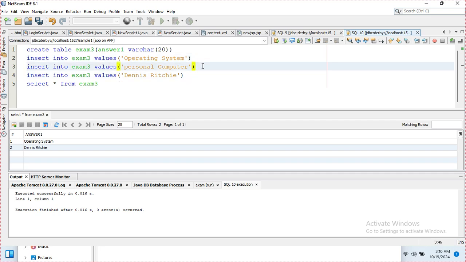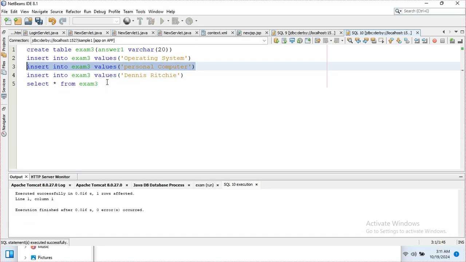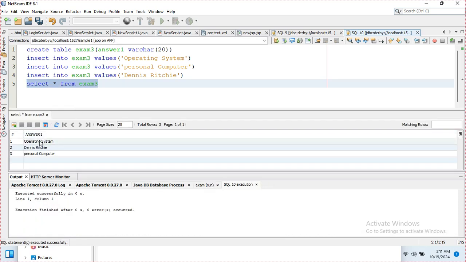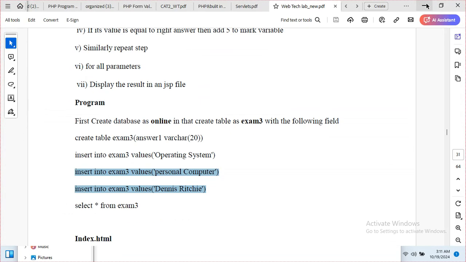So there is some problem. Okay. One selection, yeah. Now select star from. So now this table, okay, it contains three records. That is the three answers: operating system, Dennis Ritchie, and so when the user, okay,